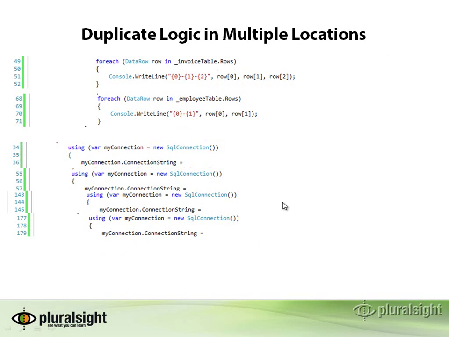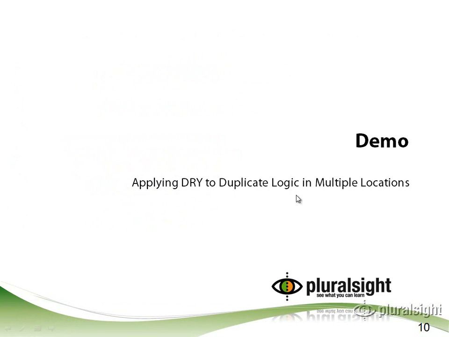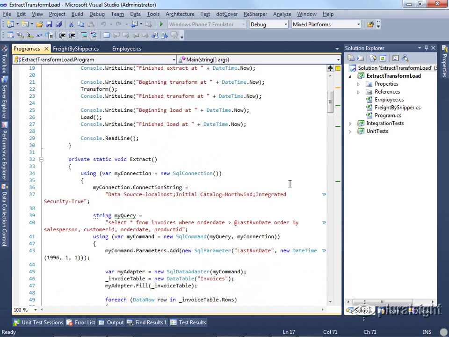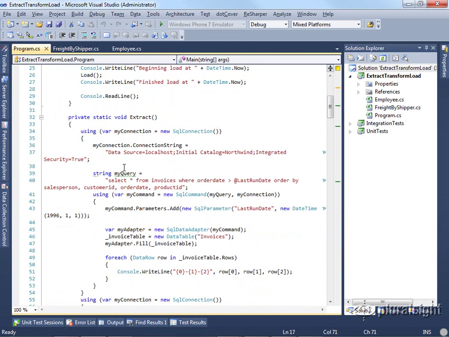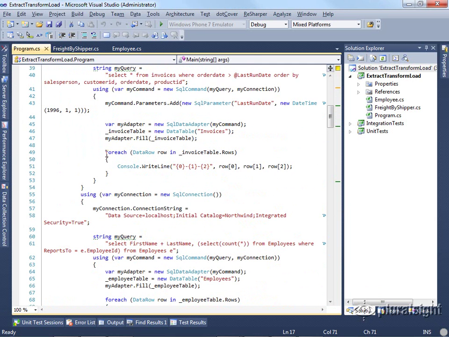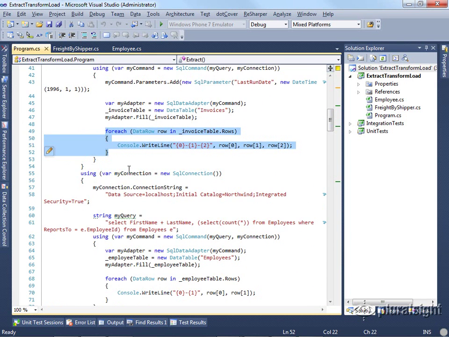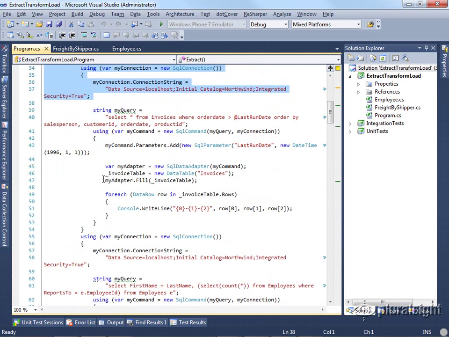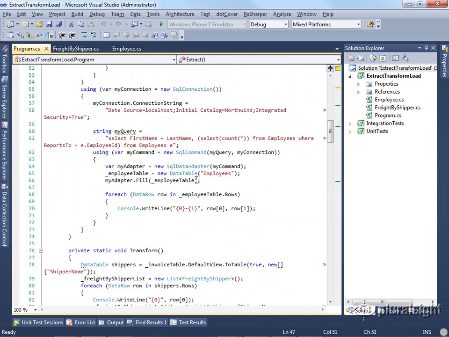We'll start with a fresh copy of our original solution. Here's our code, and we can see that we have our connection strings duplicated as we did before, and we have logic here for dumping things out to the console, which we would like to replace with a single new method. We also have a number of different places where we're doing this connection logic to open up a connection and get back a data table. We're doing that twice here,